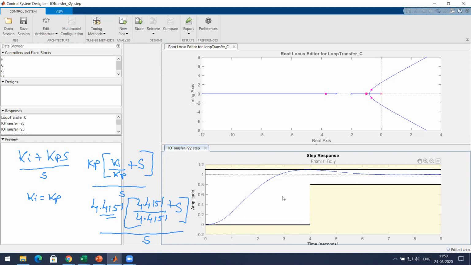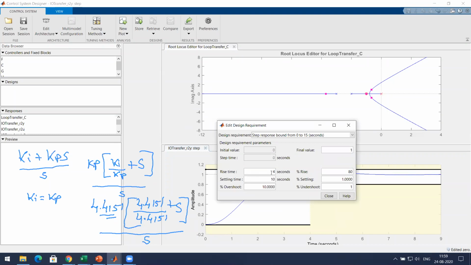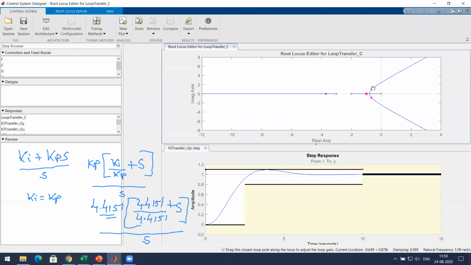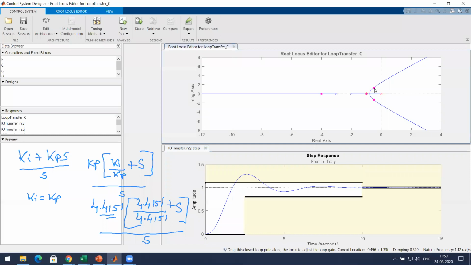Suppose I want to edit the rise time to 2.5 seconds. So this is the design requirement. Now I'll change this again to meet the design requirement. Will it be possible? If you see this, the rise time is here.